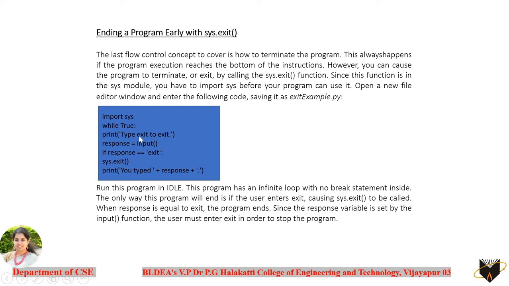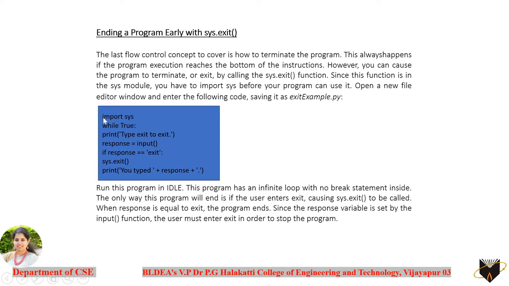Okay, so coming to the last bit here, how to appropriately exit from the program in between. By default, the program is going to be executed till the last statement of the program. But if you wish to exit, or if you want to come out of the program in between itself, then how that can be done, which is done with the function known as sys.exit, for which you need to import a module known as sys here.